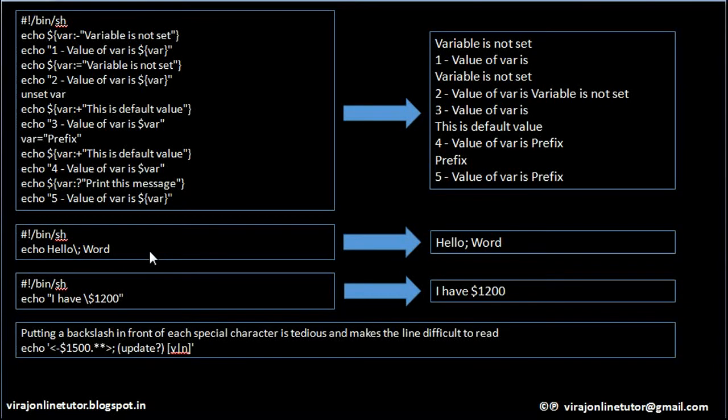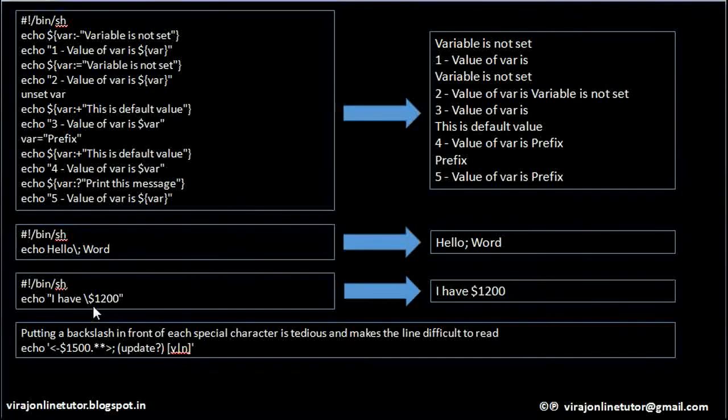Now in shell scripting we have seen that semicolon is used to connect two different commands, right? Suppose I want to print in my output a semicolon character. How to go about doing that? For that reason you have to escape it with backslash. So when I write backslash followed by semicolon, it will print the semicolon character as it is in the output.